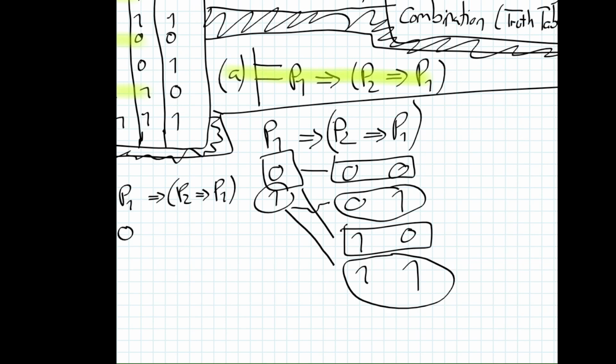We can use the squares first, so 0, 0, and then 0, 1, 0, followed by the circles, or non-perpendicular shapes, and we get a 1 from here, and a 0 and a 1, and then this one right here, which is 1, 1, 1. Okay, so we've reordered the truth table